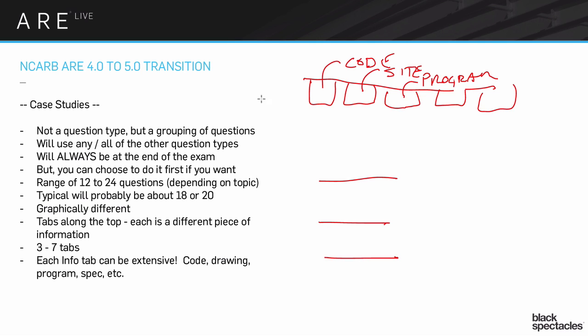So the tabs, like I said, are these pieces of information, and those tabs are going to take you to, for example, the code. It could take you to a 50-page section of the code. The program could be many pages long. The site plan could have lots of extraneous pieces of information. So the whole point here is that you're not